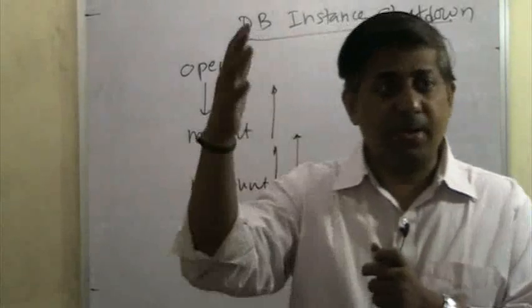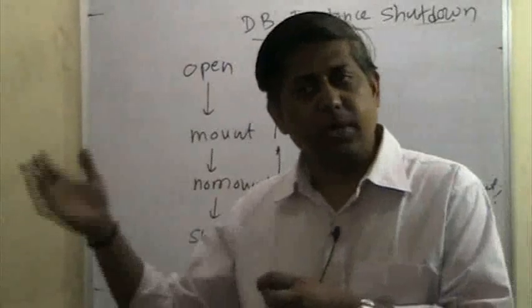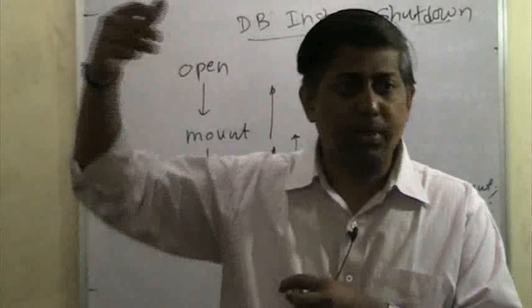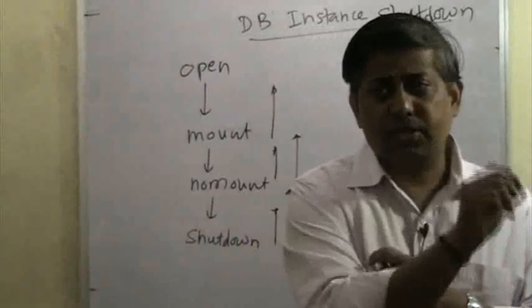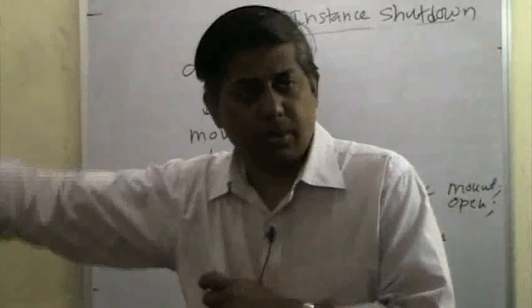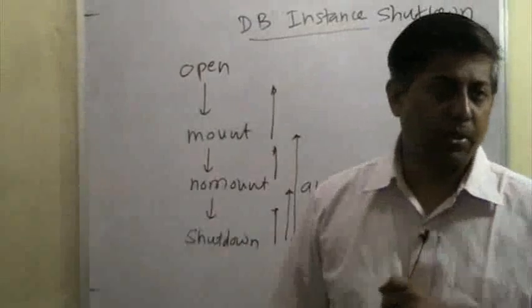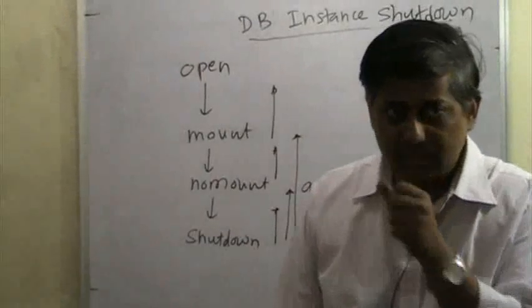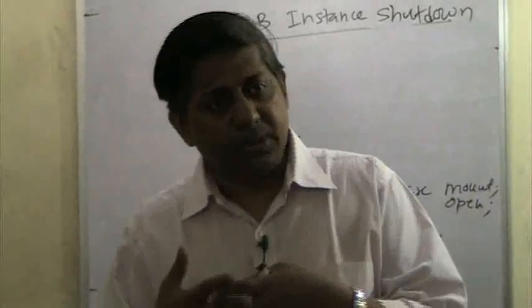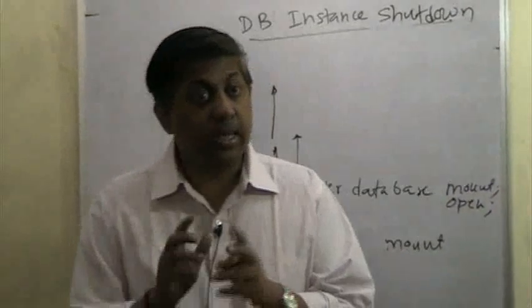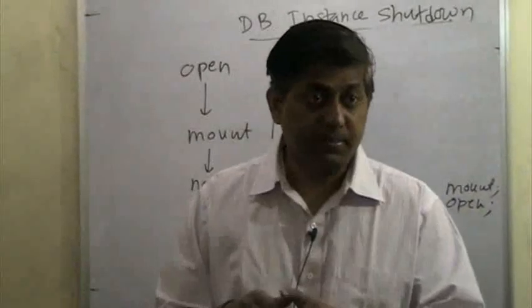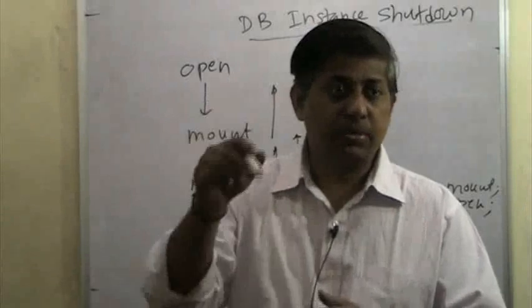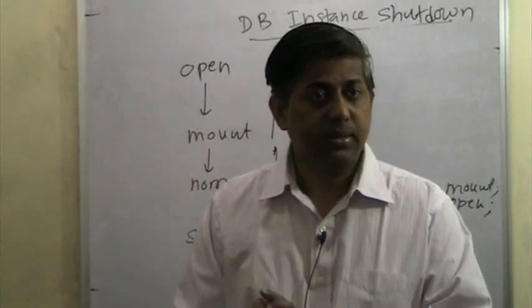Now if your SP file is not at the default location, P file is not at the default location, it is at somewhere OFA location, then you specify startup PFILE is equal to that location, startup SPFILE is equal to that location, whichever location. So startup has not any tie-up with just the SP file, it is basically a tie-up with the DBS directory. So it is going to go and first search in the DBS directory. Okay.